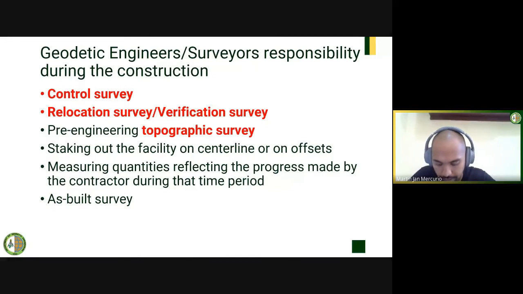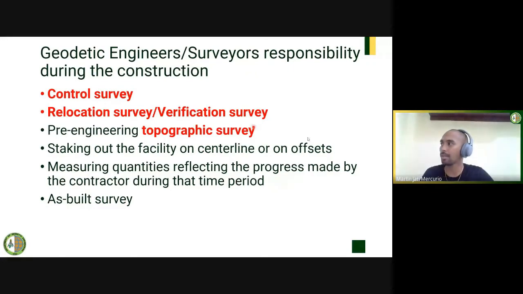That's the other job of the engineer. It's somehow a monitoring. The right word is monitoring. So the engineer monitors the progress made by the builder or contractor, and that will be the basis for the payment or initial payment. Then after that,